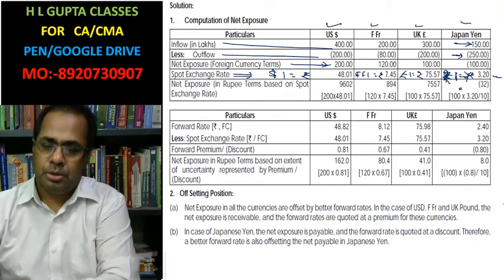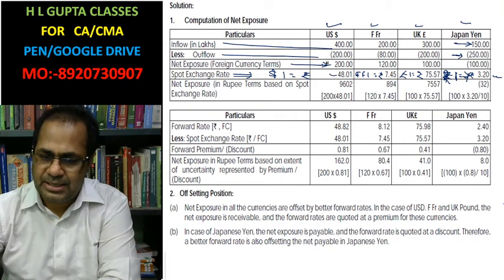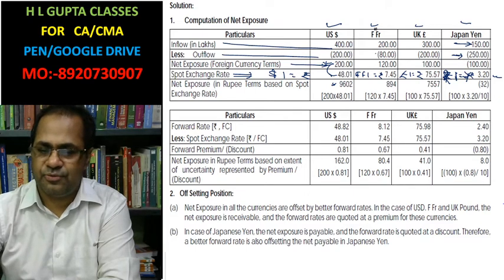Now what is the total value? This is the exchange rate. Multiplying the amount you are going to receive by this rate, you will receive this much amount, and likewise for French franc, pound and the others. So this is rupee 1 equal to yen.